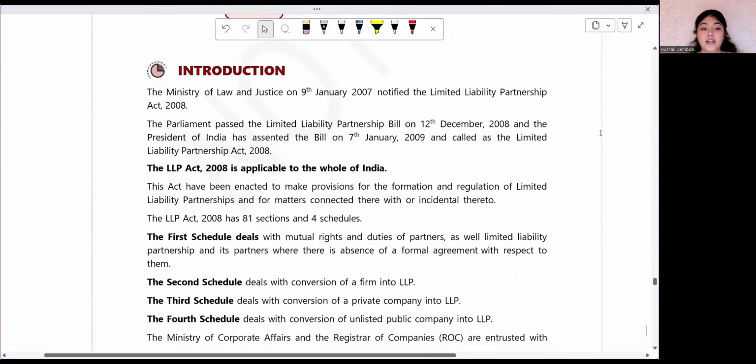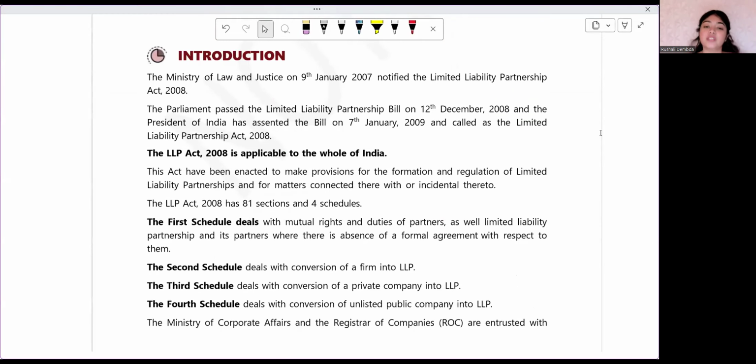First is the introduction that they have given. When was this act introduced? How did it become applicable? Is it applicable to the whole of India or are there any exceptions? We'll see that. The Ministry of Law and Justice on 9th January 2007 notified the Limited Liability Partnership Act 2008. So on 9th January 2007, they said in a notification that this act will be applicable from